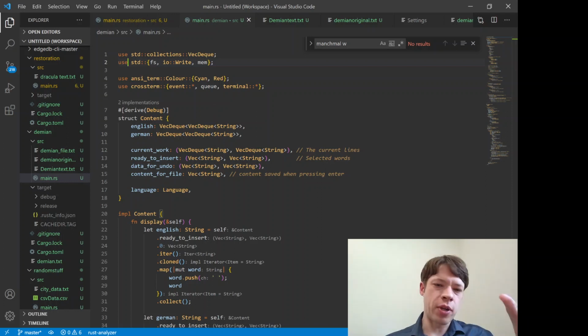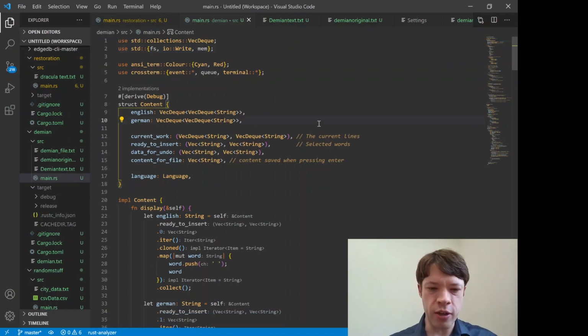Well, it's optimized for popping off the front, but you can also use it like a regular Vec popping off the back. And there's some parts where I needed to do that. And a Vec can also do that. You can use the return or, what's it called? Not the take function.